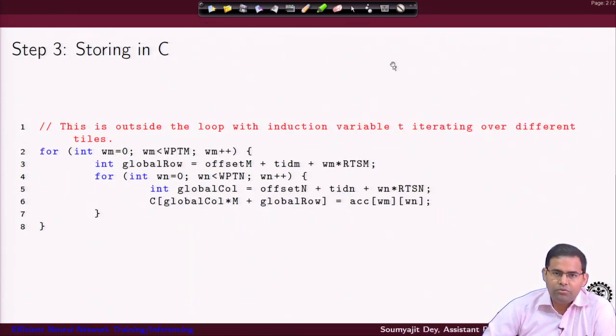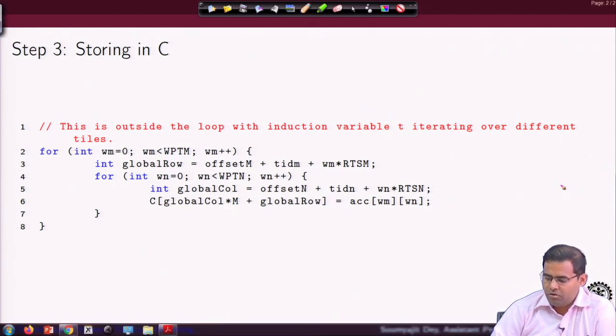So, with this we have the computation done in 2D, and once this is done, the next thing is loading it back to the global memory. For that, first you have to figure out what is the location where it has to be loaded, and as you can see, since this is a 2D activity, this thread is again going to load back a 2D area of values, right, for one thread.